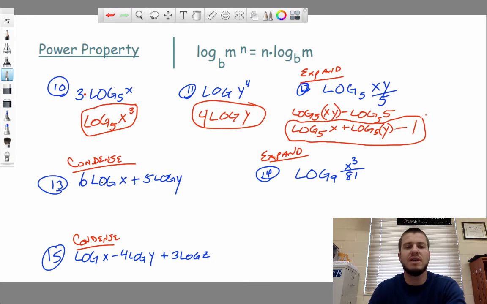And to condense this one, before I multiply, because this is being added, I'm going to multiply what's inside the logs. But before I multiply this x and y, I have to take care of that coefficient to the log, which is going to become the exponent. So this becomes log of x raised to the sixth plus log of